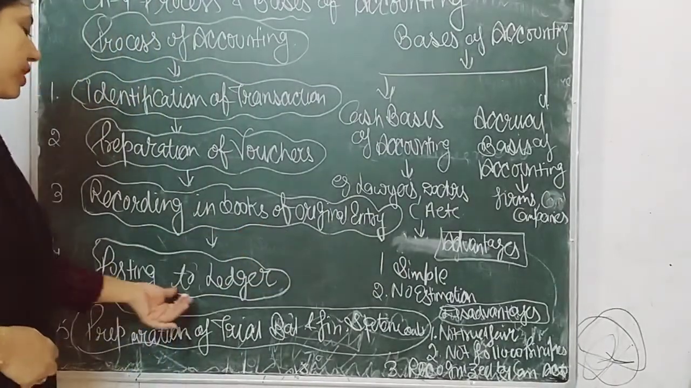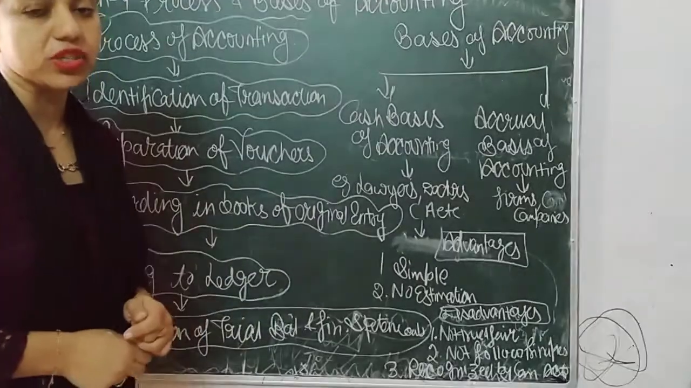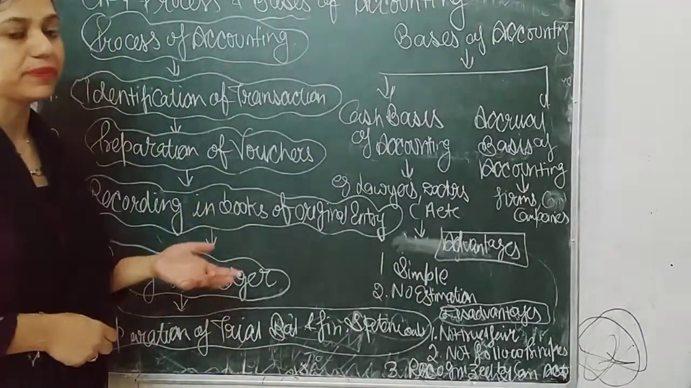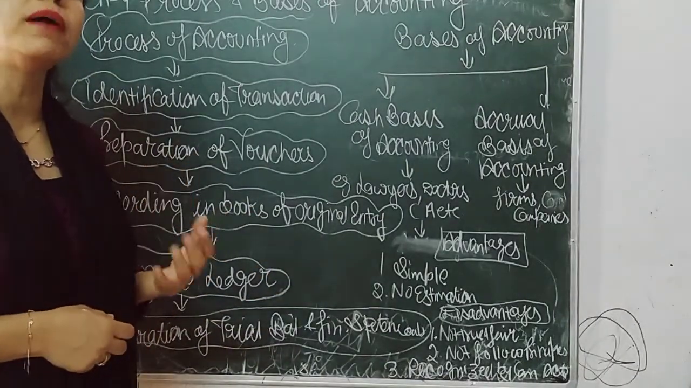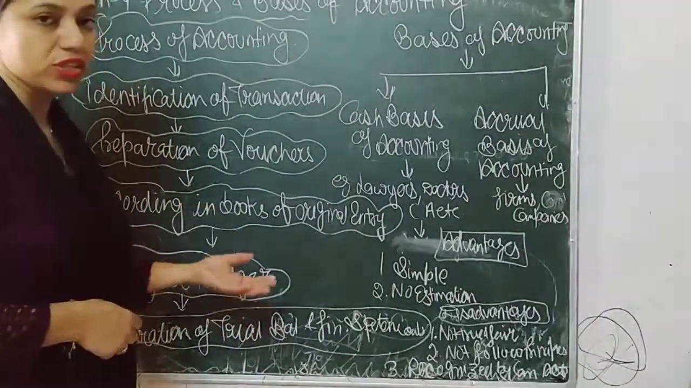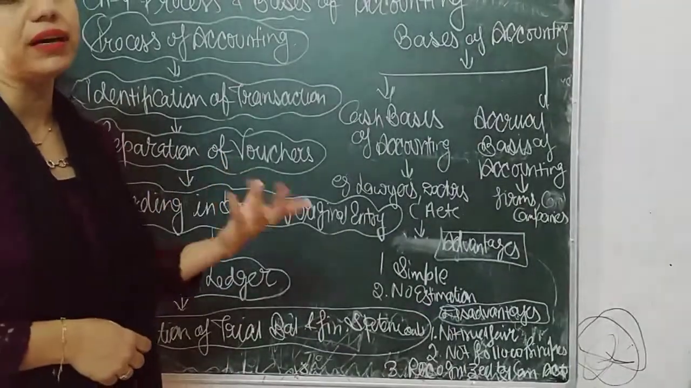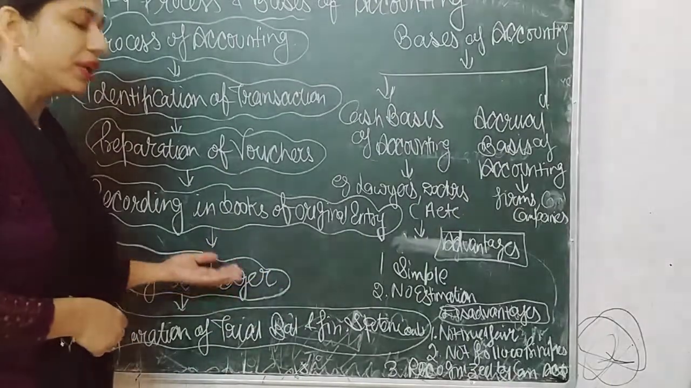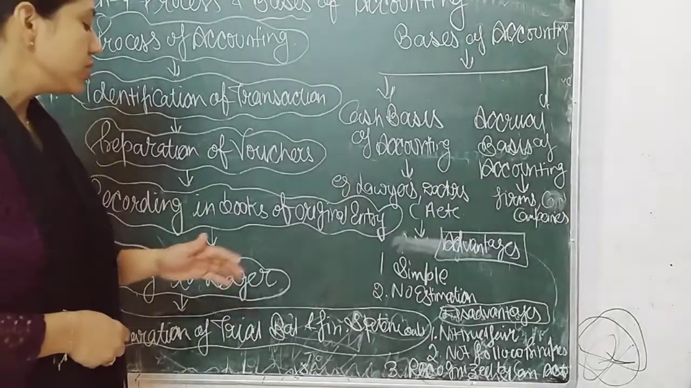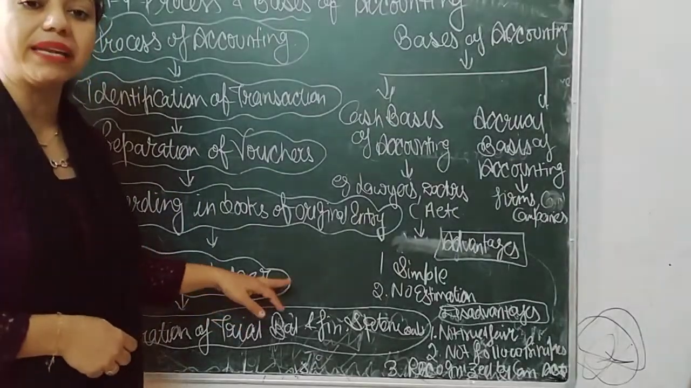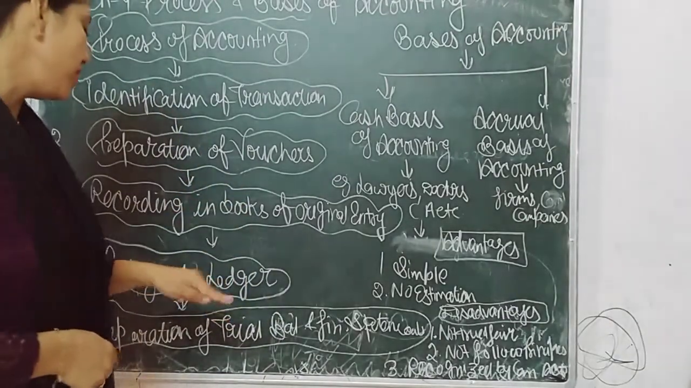Next we have posting to ledger. After preparing the journal, transactions of the same nature are placed at the same place, so that we can know the balances of the transactions. So ledger means arranging or classifying the transactions. Classifying means putting the transactions of the same nature at the same place. After that we will calculate the balances of ledger accounts, and with the help of those balances,